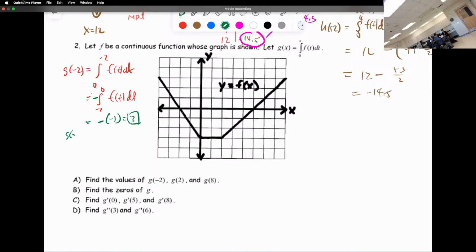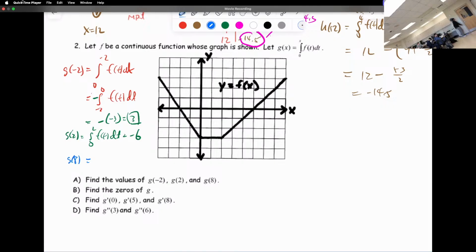What is G of 2? Well, that's going to be the integral from 0 to 2 of f(t) dt. So if it's 0 to 2, that's going to give you negative 6. So this is fairly easy. Now, what is G of 8? Well, G of 8 is actually interesting because